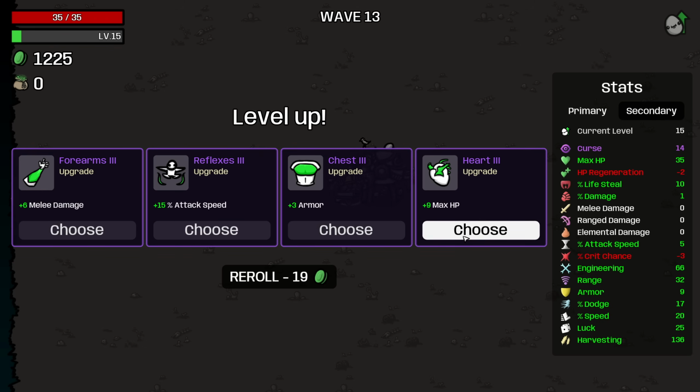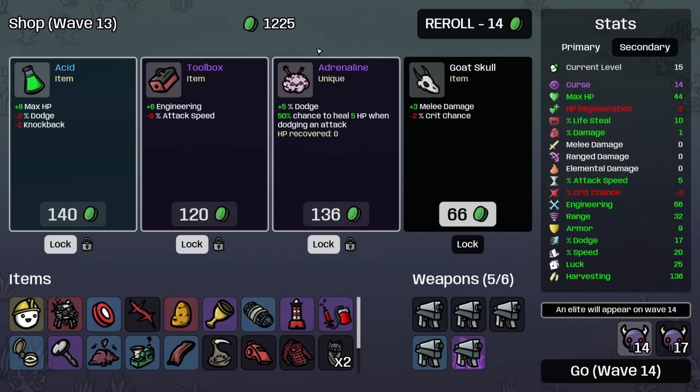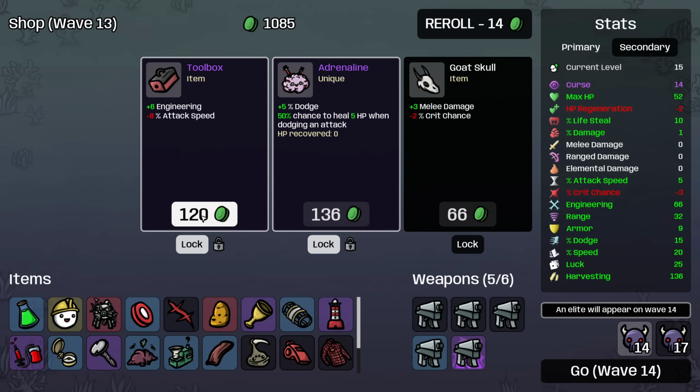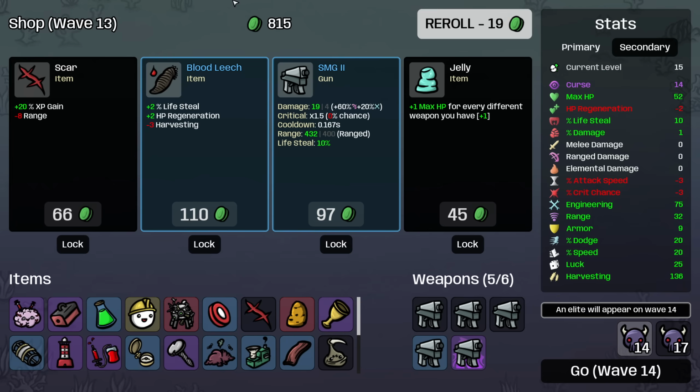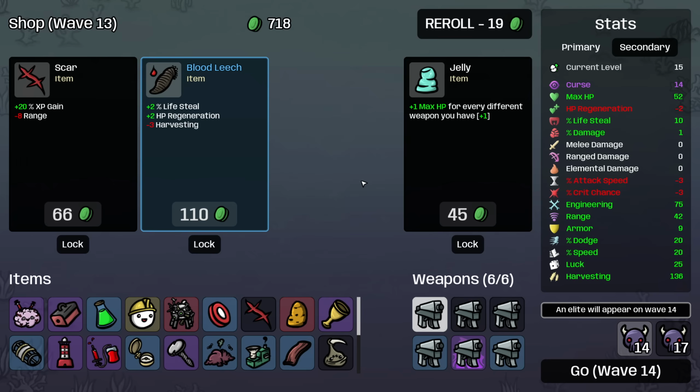And then here I'll take 9 max HP, because that way we can get to about 60 max HP pretty quickly, which is what you want on Abyssal Terrors. Take the acid, toolbox, and adrenaline here, and then I'm going to reroll. Pick up another submachine gun to make sure that we've got 4, or got 6. So